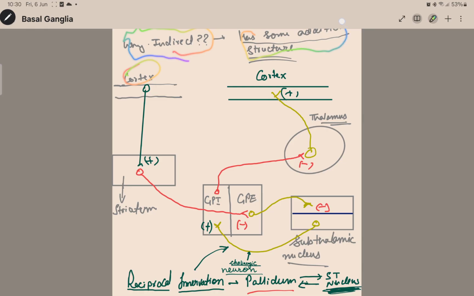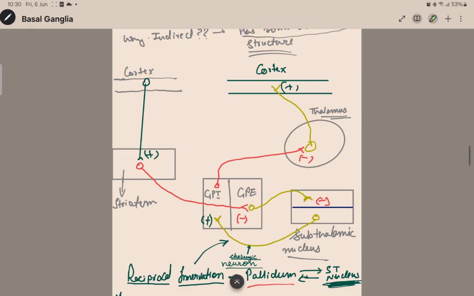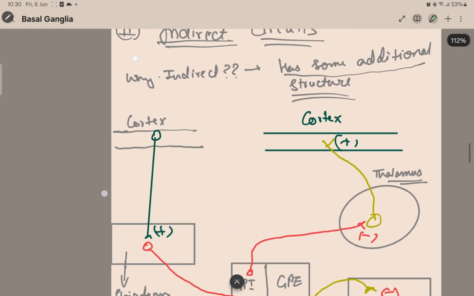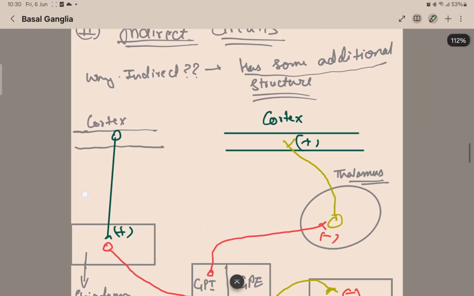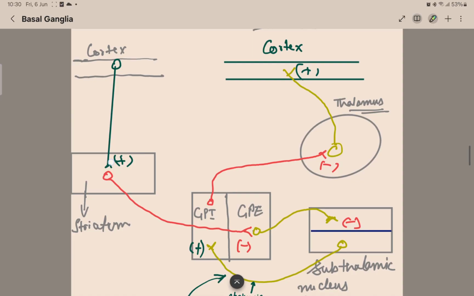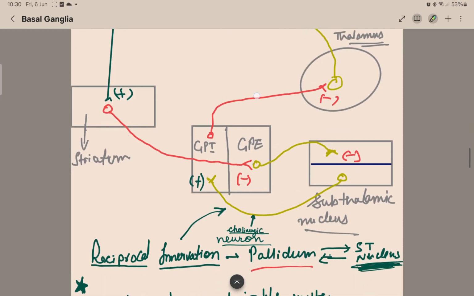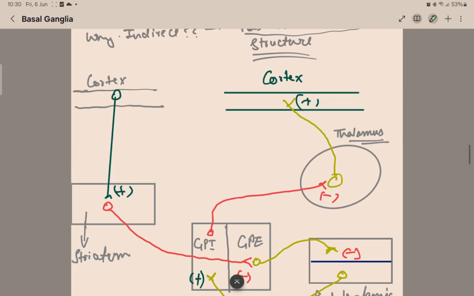Because it has some additional structure to the direct circuit. Now cortex sends the signals to the striatum, then to GPE, then to the subthalamic nucleus, subthalamic to GPI,